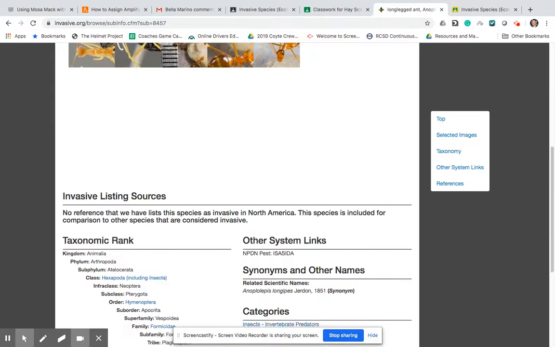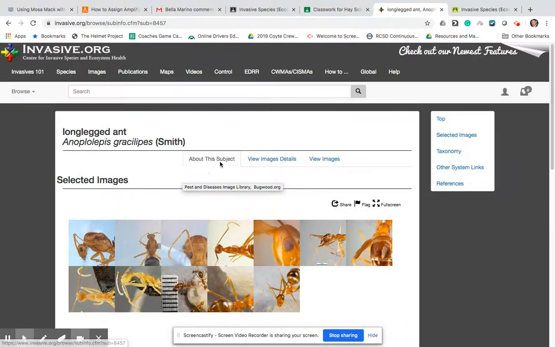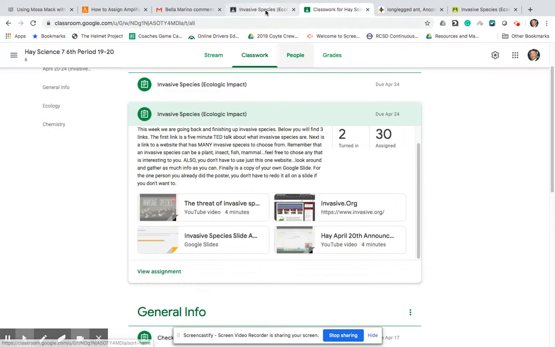So you do then have to take that, you'd have to go look somewhere else. You can grab some of these pictures if you wanted, but I probably wouldn't use the long-legged ant as the one I was using. I would go find a species. And again, this is just one place you can use. The question of how long does the thing need to be, if you're seeing what some of your classmates have,